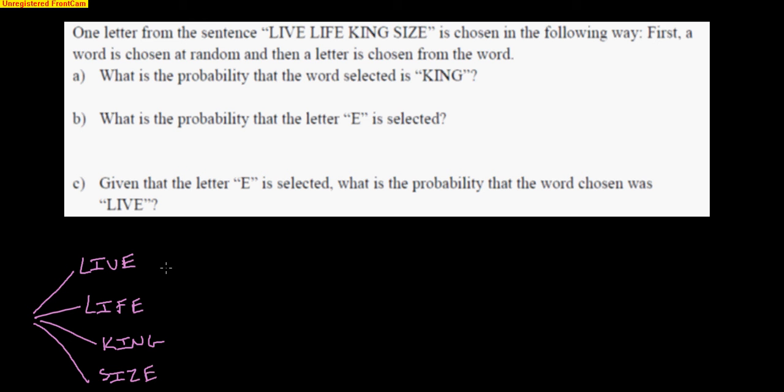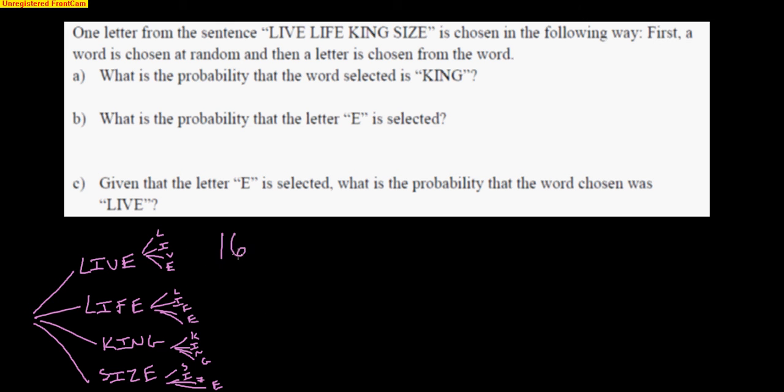Now, once I pick a word, I'm going to pick one of the letters. So I have L, I, V, E that could be selected. I have L, I, F, E that could be selected. I have, sorry, I'm getting a little sloppy here. I could have K, I, N, G that gets selected, or finally S, I, Z, E. So if you think about it, a tree diagram is kind of nice because it shows you that there